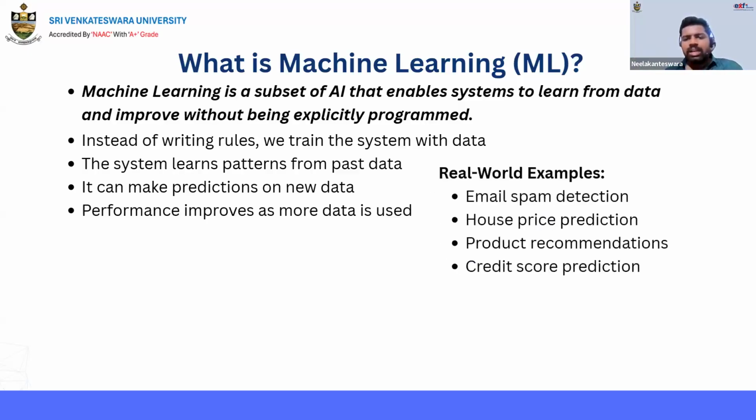Here we have some real world examples, like email spam detection. With the help of machine learning only, AI became that powerful. I will tell you how it got power. First they introduced artificial intelligence, not machine learning. At the time of artificial intelligence, what was the main aim? Making a system intelligent, right? So at that time, they wrote manual instructions one by one, and based on those manual instructions, they would predict the thing.